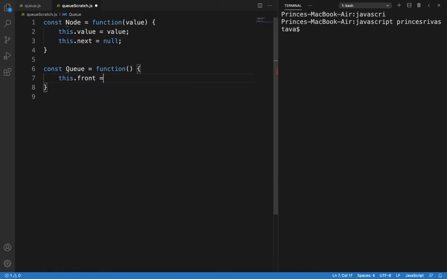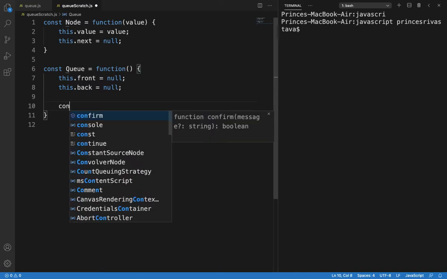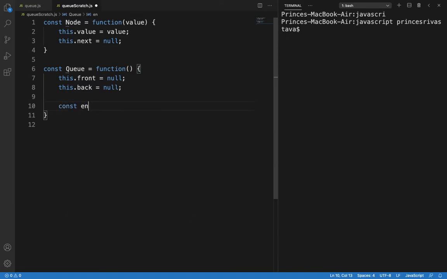So front will be null initially, because initially our queue will be empty, and similarly back will also be null initially. Now let us create a function for adding items into the queue. So that function will be enqueue.